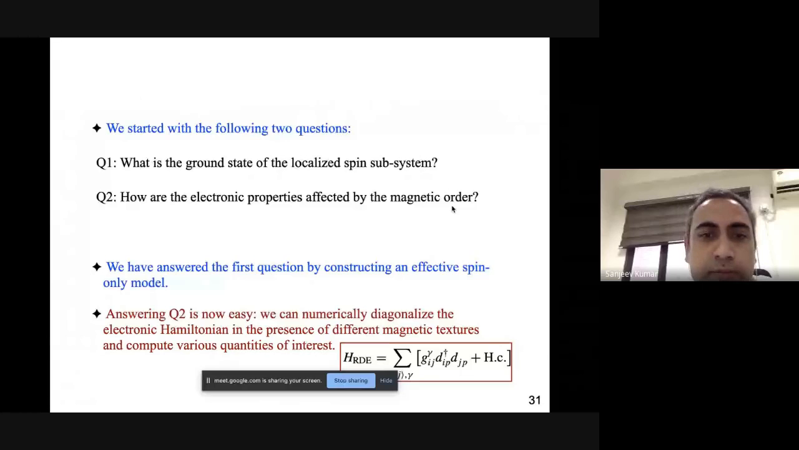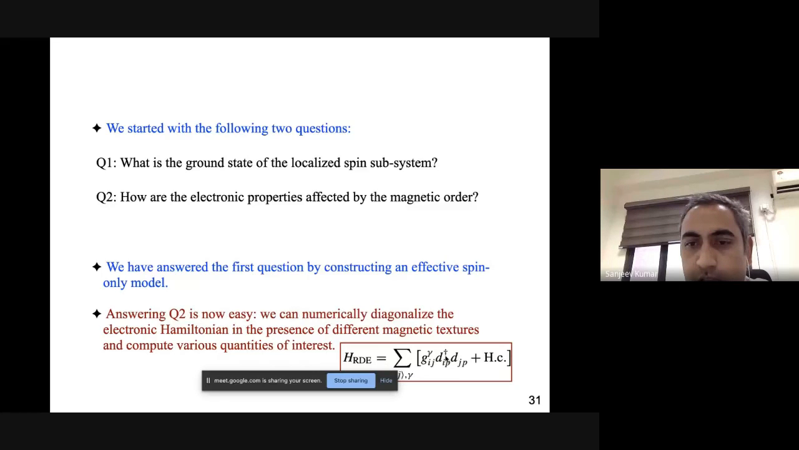Yeah. So we asked two questions. One is, what is the magnetic pattern of the spin subsystem, which is what we have answered so far with the help of these effective Hamiltonians. And the other question is, how can the electronic properties be affected by such magnetic orders? Now I'll just spend 2 more slides on this second question. As I said earlier, the answer to this question is easy, because once you have obtained the magnetic background, it's essentially solving a 1-electron problem in that background, and the Rashba double exchange model is going to be